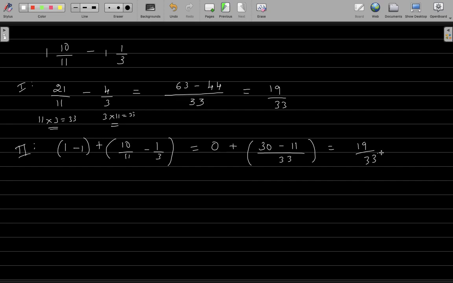So subtraction of mixed fractions is quite simple. Just subtract the whole number part and the fractions part individually, or convert them to their improper fractions and then subtract how you usually subtract the like fractions or unlike fractions. If the answer is a proper fraction, you leave it as it is. If the answer is improper fraction, again convert it and write it in the form of a mixed fraction.